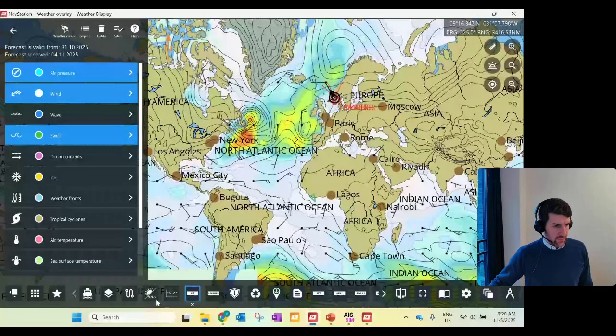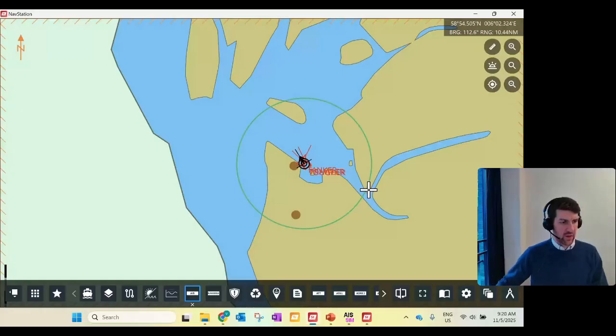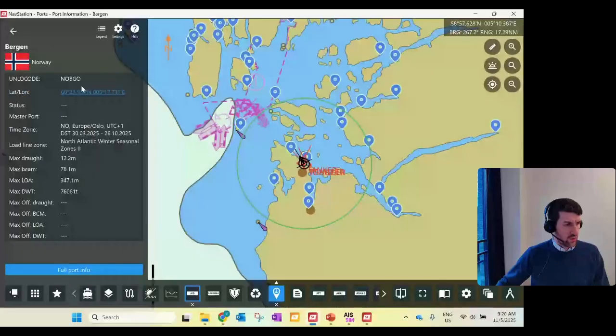Then also, you see on the top right corner the range, which is the distance to my located port, and I'm just moving, so it gives me the navigational point, for example, that object. If I go into Port of Bergen as an example, and just to show you the full information for this port,